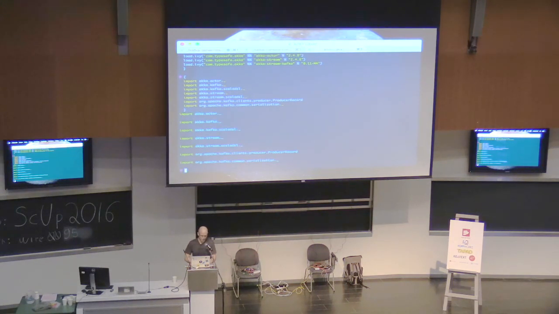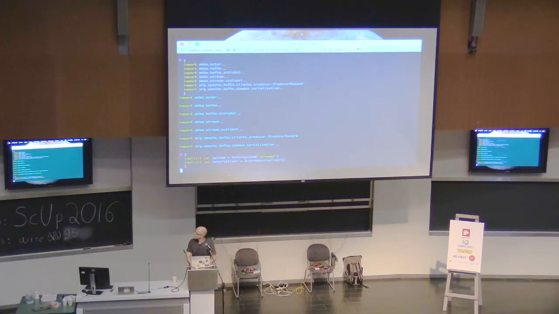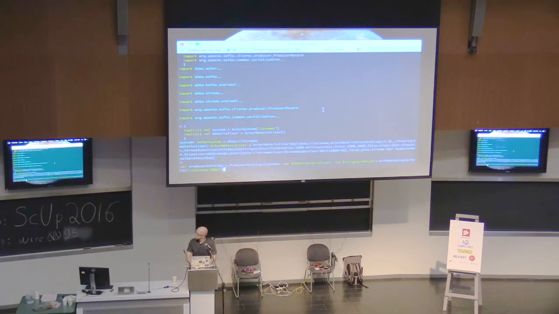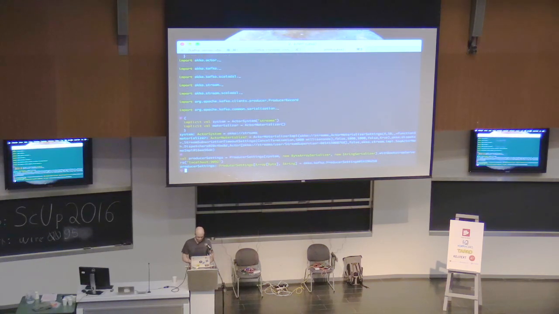Then I'm going to create the actor system and the materializer. So that's running now. I'm going to create producer settings that say to connect to the Kafka instance that's running on my laptop, and say that I'm using string values.